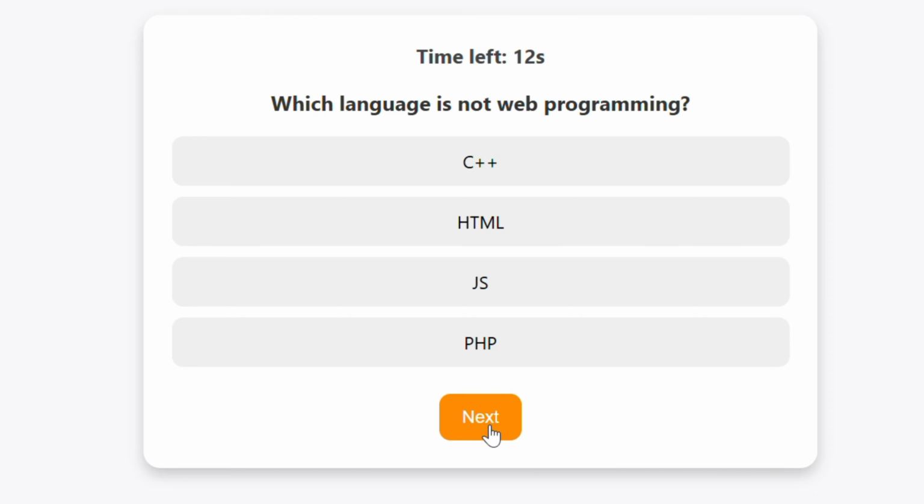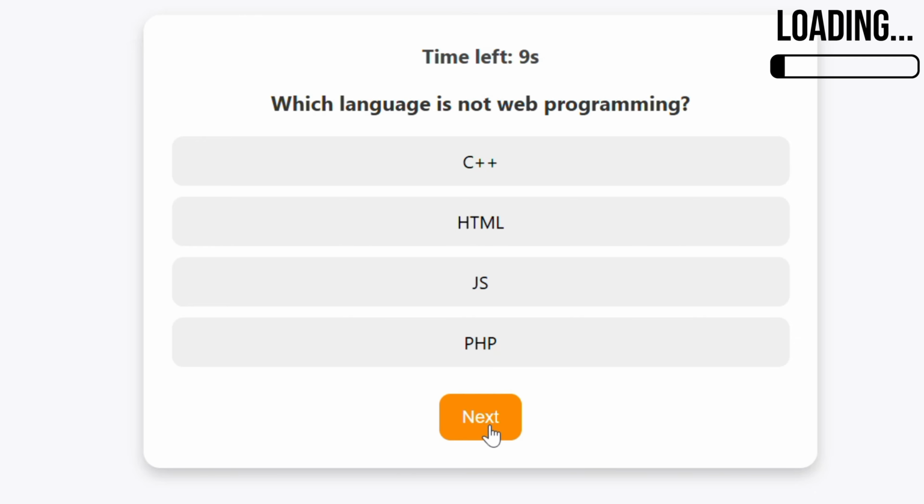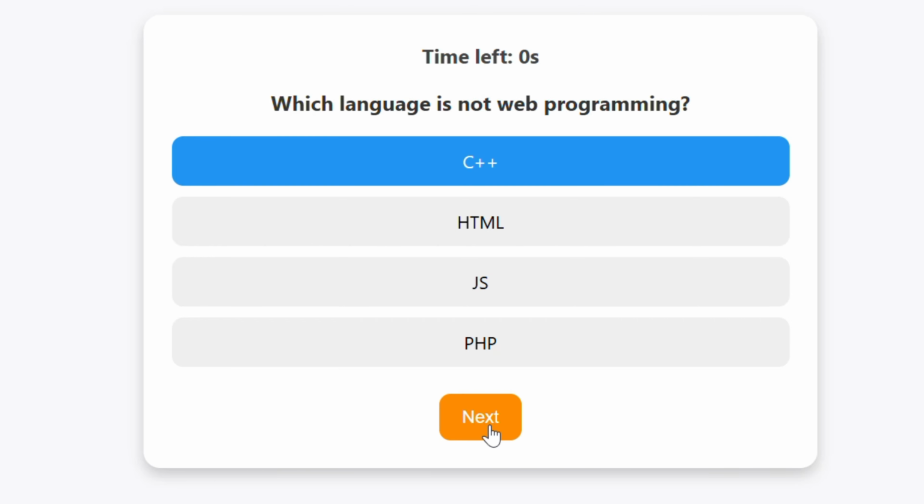Which language is not a web programming language? First one is C++, second one HTML, third one JavaScript, and fourth one PHP. Choose the correct one. As you see, the correct answer is C++. Now,